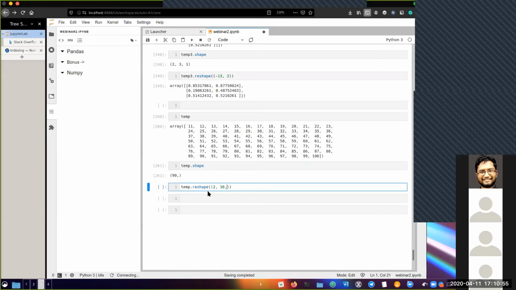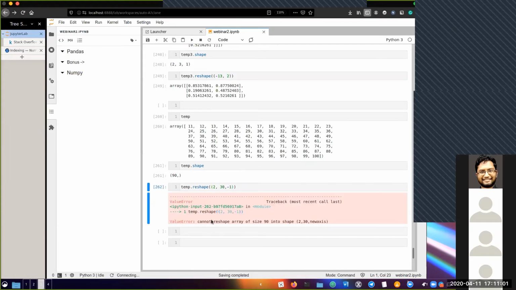Now, generally, you would have to calculate this something. In this case, if I put -1, you'll see that it says I can't do it because this is already 60 and you can't multiply this by a real number without it being a decimal to get 90. So the whole point of using -1 is that you don't need to do the calculation on your own.